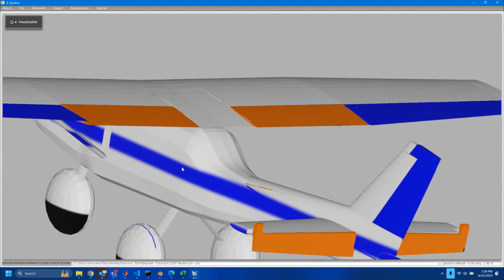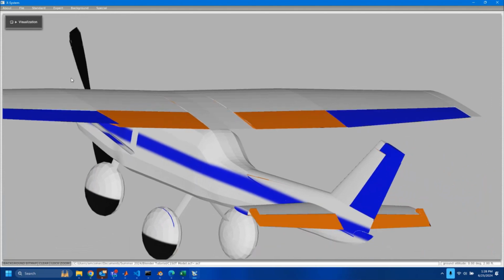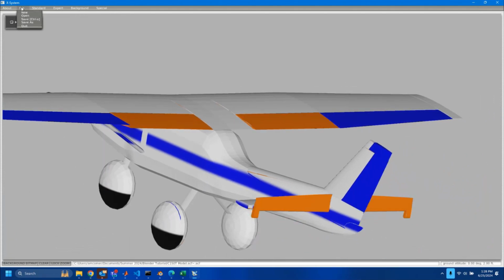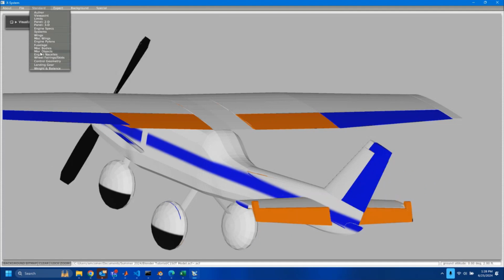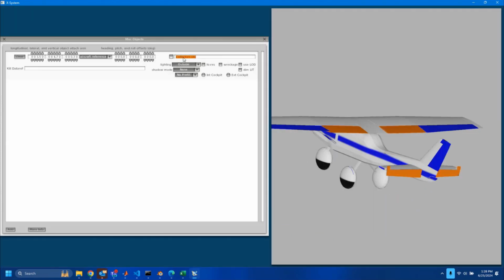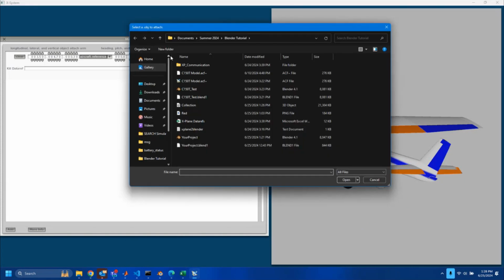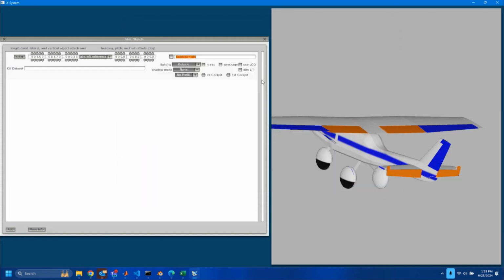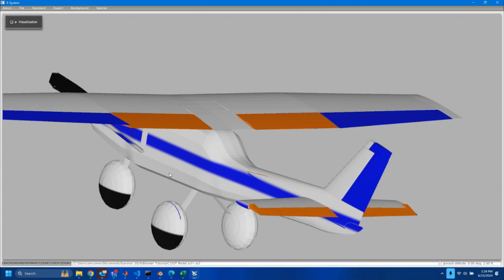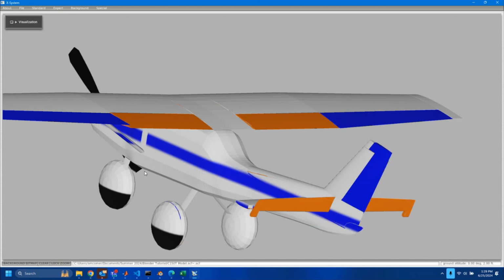And so what we're going to do is go ahead and do standard misc objects. And here you'll see collection.obj. So we're going to click on this button here, and you're going to now find your newly exported 3D object. Click open. It will update if there are any changes. And now this is your